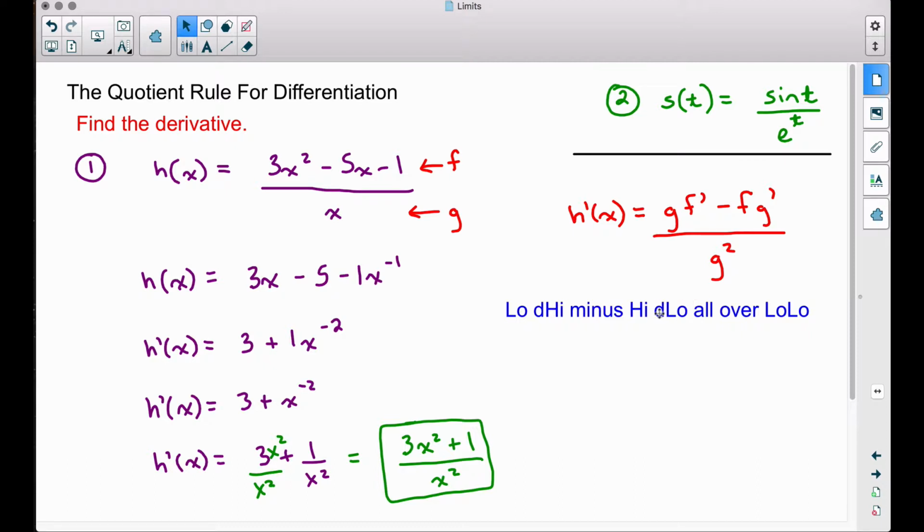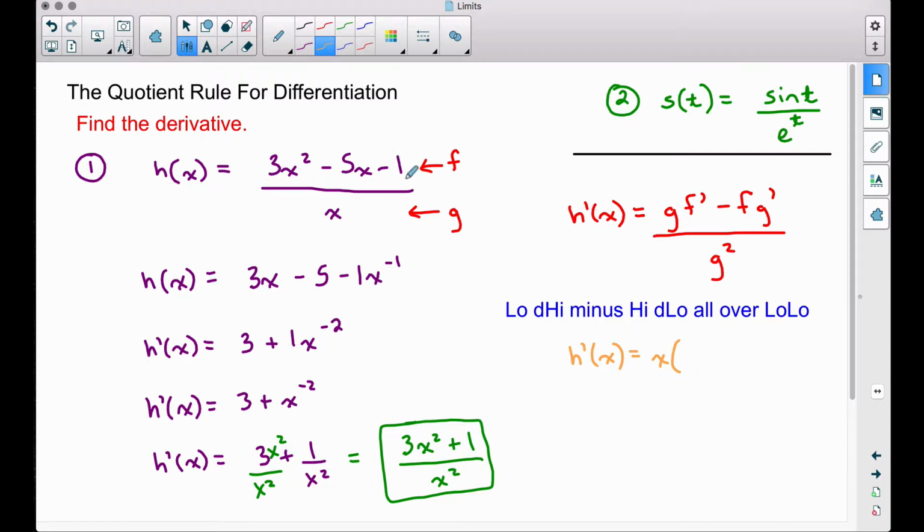D low, that's the derivative of your lower function. And in this case, we call them f and g. So let's find the derivative using the quotient rule. H prime of x equals low, so we leave our x alone, d high, that's our f